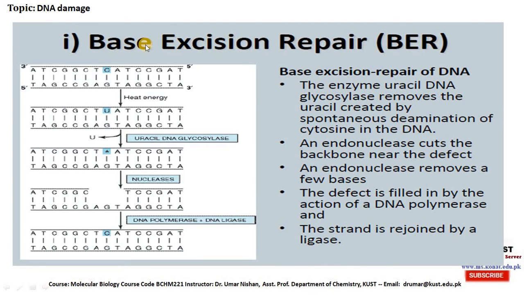So this is the example of base excision repair. As one can see here, because of the heat energy, instead of C here we have a U. And now uracil DNA glycosylase will come, it will remove the U,